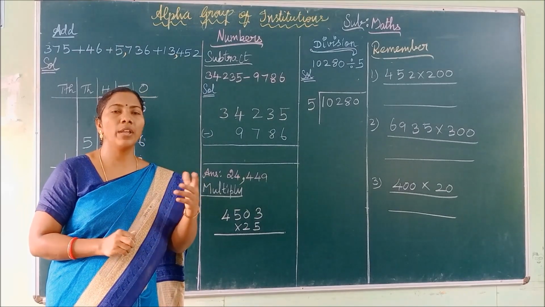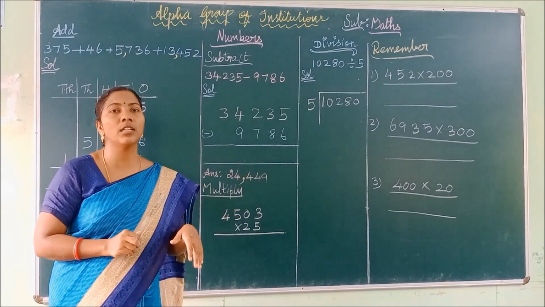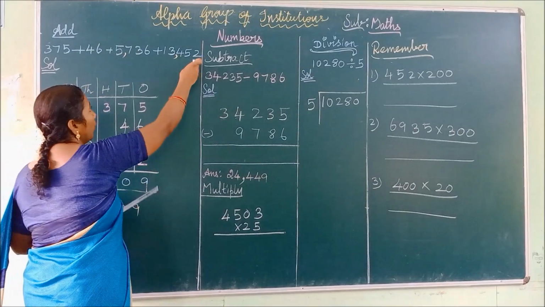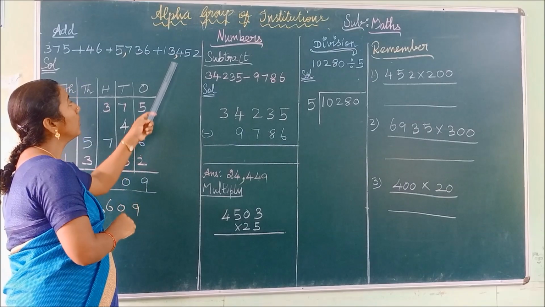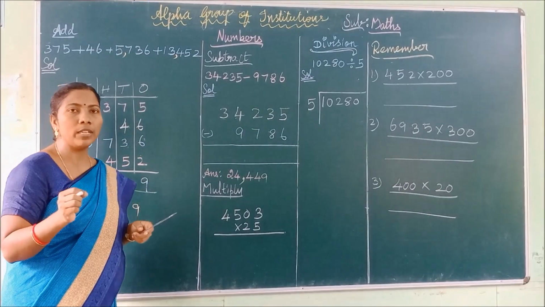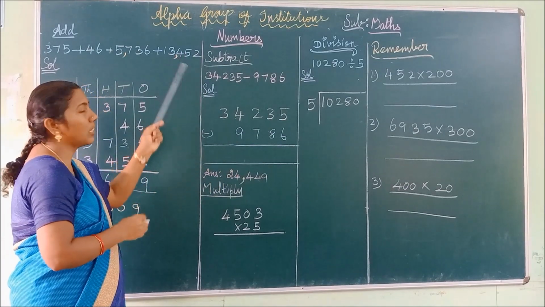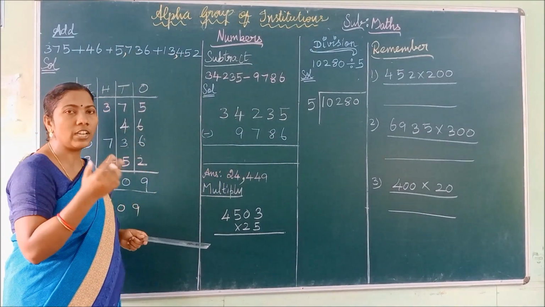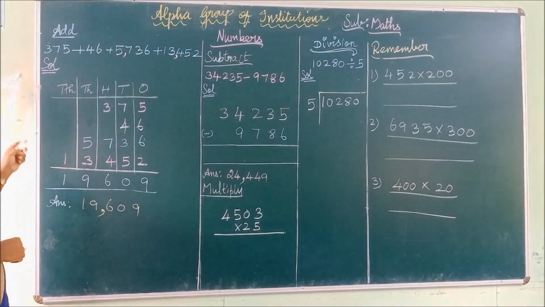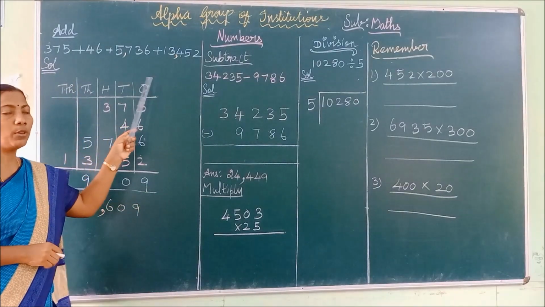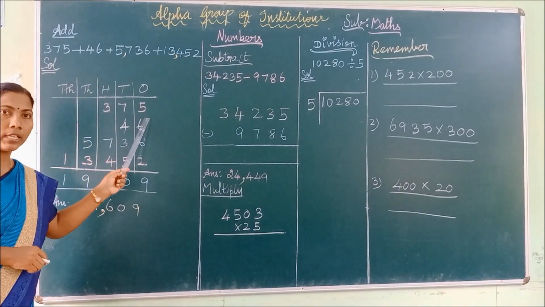Okay. How do you place commas among the numbers as per the Indian system of numeration? Starting from the right, you have to place the first comma after the first 3 digits, and then next after every 2 digits you have to place the comma. First see the addition sum. How do you add these numbers? Before that, we have to arrange these numbers in their correct places.